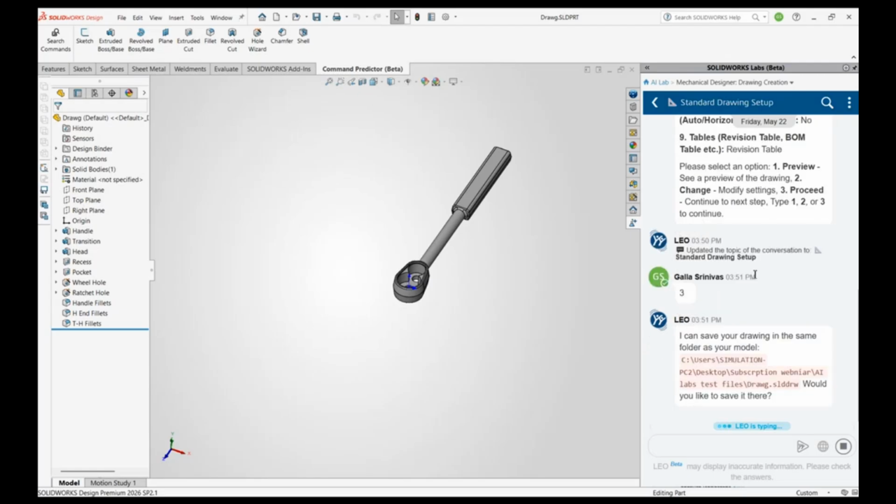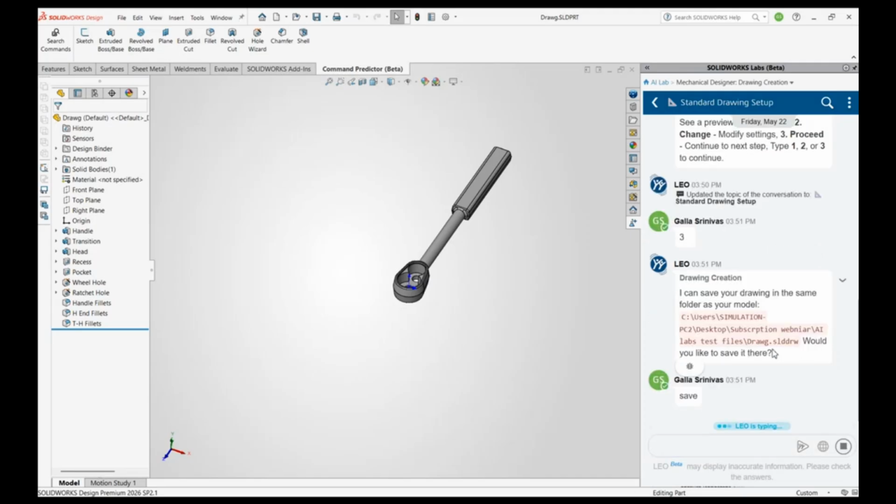As we told earlier, this is in a beta version. It will give the basic views. It will not give the complete standard views for us. It will generate with the basic views. Here I have created the drawing. I have to save this drawing in this particular folder. If you want to change the folder, okay, or otherwise you can click save and next. You can give the next prompt for the Leo, and it will generate the drawing in that particular file itself.